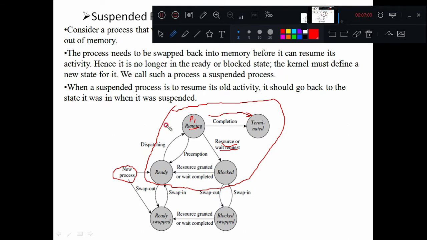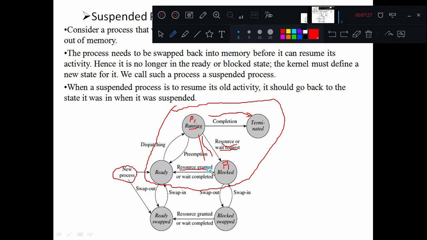scheduled, right? This transition takes place only when the operating system doesn't have the available resources, so the state of the process will be changed to blocked. Once it enters a blocked state, it will be released from the blocked state only when that particular resource is allocated to that process.